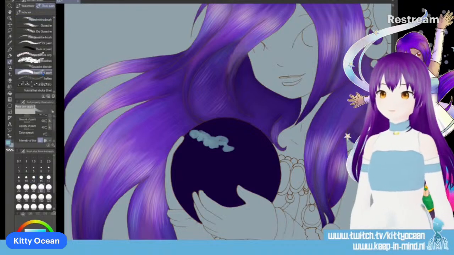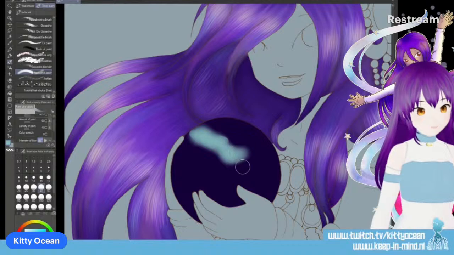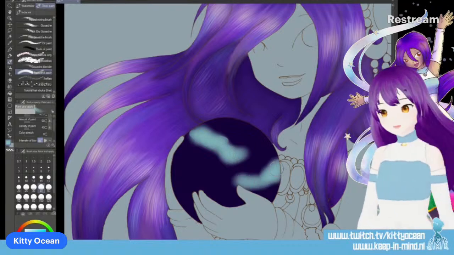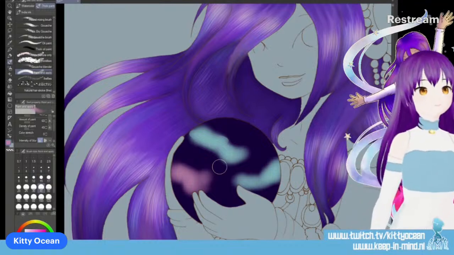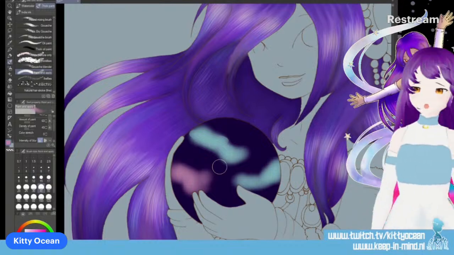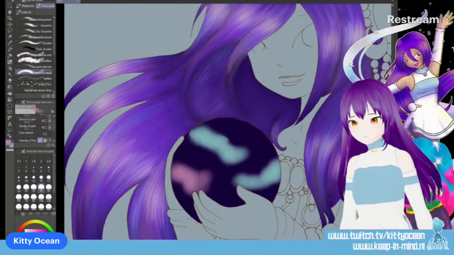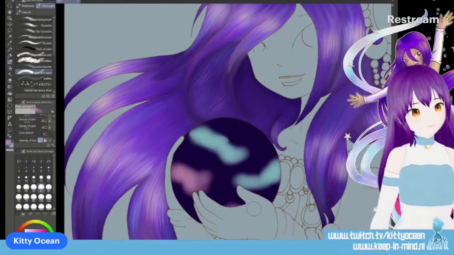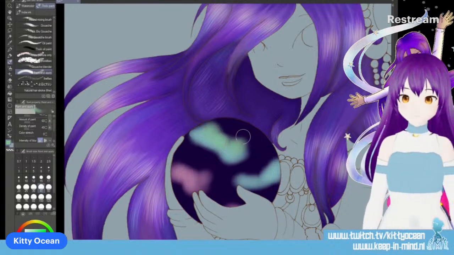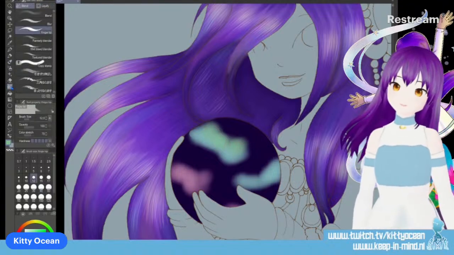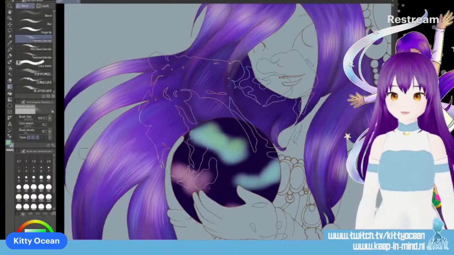I actually like the other brush better. There we go. And there's going to be a pink galaxy somewhere over here. And maybe some green. Painterly blender.